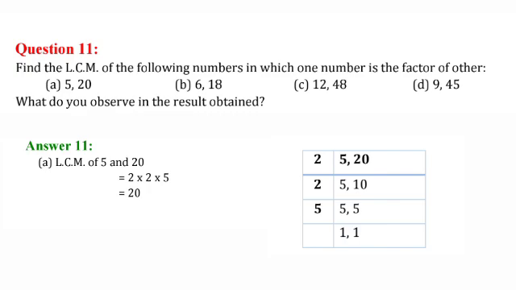First we can take 20 in the second table 10 times. Again 10 will go in the second table 5 times. Now 5, 5 is common, so 1 time in the fifth table it will go. So all these 3 factors, that is 2 into 2 into 5, when we multiply: 2 2s are 4, 4 5s are 20. So when we have 5 and 20 as a question, 5 is a factor of 20, and the LCM is the highest number, 20.